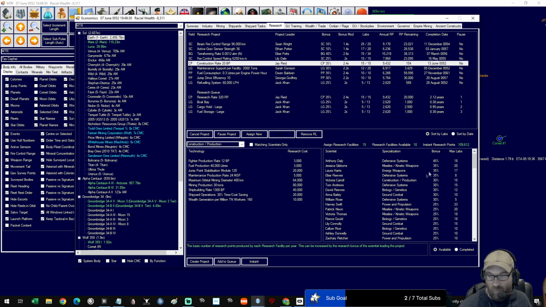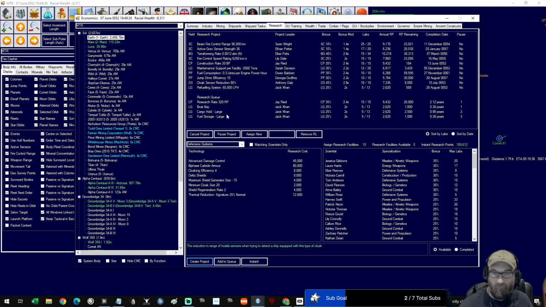I think we should use the 45% while he's still around. And we are in the 30s here. I think we're going to just knock out some stuff with this guy. Nothing major, just delta shields, cloaking device. Just in case we want to make anything like that, cloaker sensor reduction. So I think we create that project, and then we go to the 40% guy. Where is he? 45, and we just